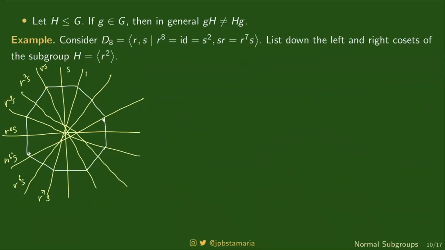Okay? So here, let's consider the subgroup H that is generated by R squared. So H ay identity, R squared. Pag in-square mo R squared, it will give you R to the fourth. If you take the cube of R squared, you get R to the 6. If you take the fourth power, you get R to the 8. So you're going back to the identity. So there are 4 elements in H. In fact, ito yung 0-degree rotation. Ito yung 90-degree rotation. Ito ay 180 degrees. At ito yung